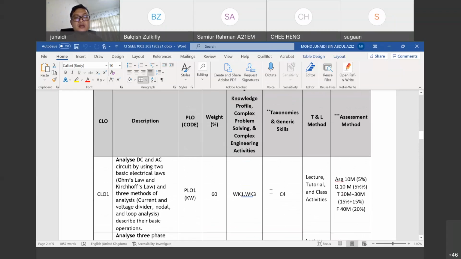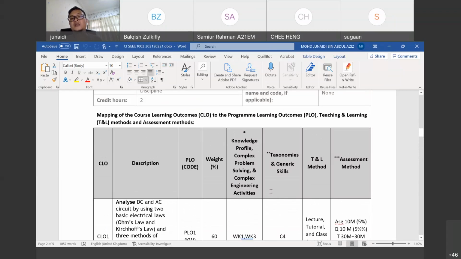Okay, so this is the mapping of the course learning outcomes to the program learning outcomes. What is a course learning outcome? It is the learning outcome for this course, and the program learning outcomes are the outcomes for your program. Every program is designed by the MQA, Malaysian Qualifications Agency. They have a series of PLO, and every university has to fulfill these PLO. The whole PLO must be covered by